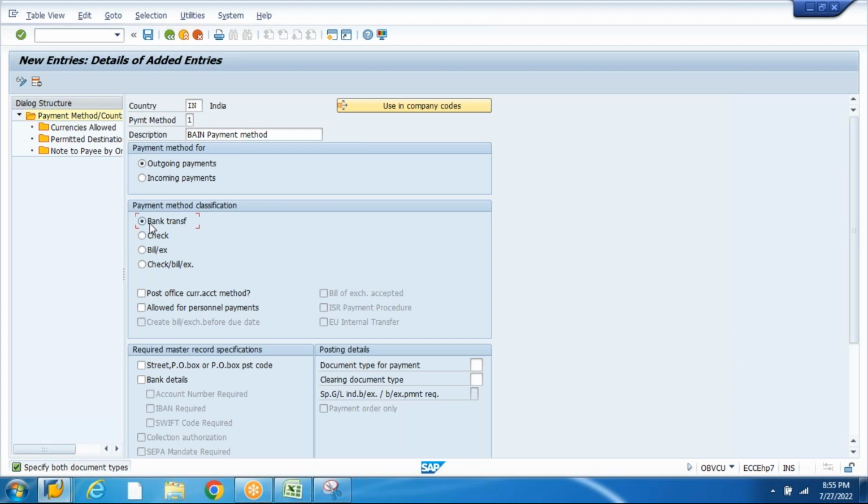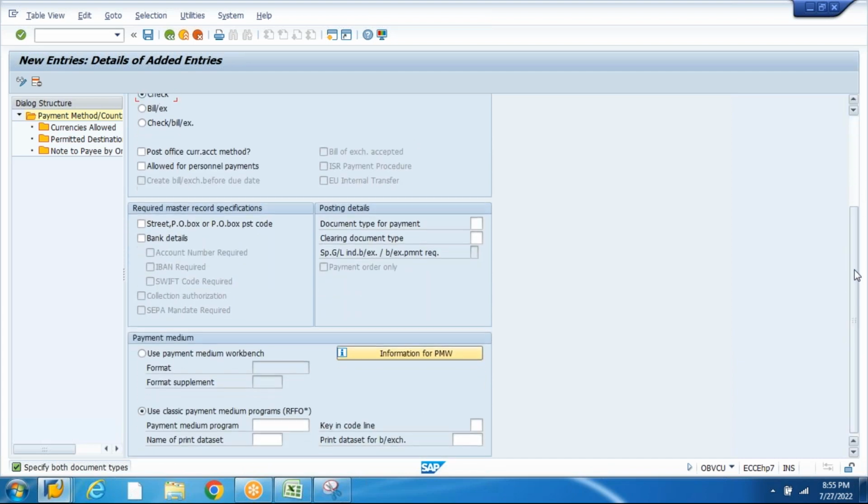If I click bank transfer, if I click check, what is happening? Here 1, 2, 3, 6 are there. When I tick bank transfer, these are editable. When I tick check, these are not editable. Agree? So depending on the payment method, the system will tell you the additional functionalities to be used depending on your requirement. So I'm not going to use any of this. I am going to use check,